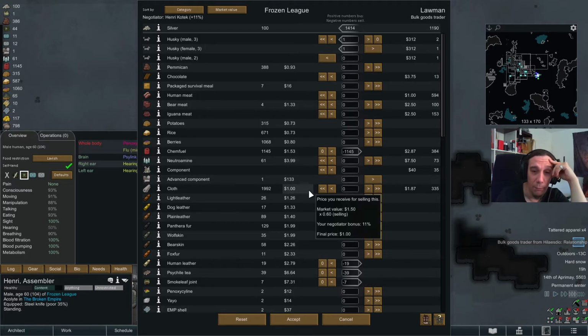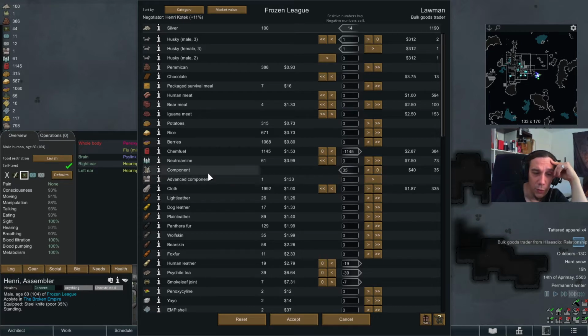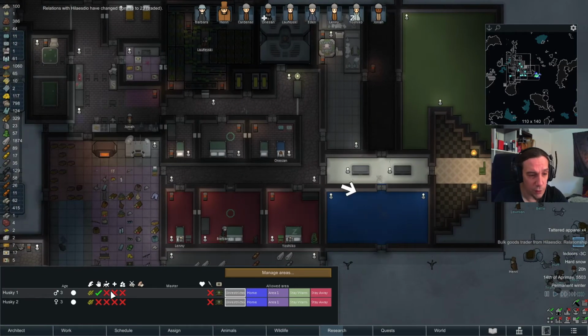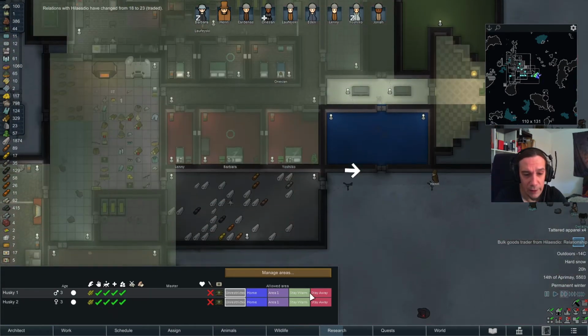But I'm definitely not gonna buy your cloth, my friends. So they also got a few components. I'd say I buy them, because this is just an opportunity for me to save my own items here. So I'm going to just sell away some of my food, because I just have so much. No problem at all. Okay, we're buying us some Huskies here too, because Huskies are completely